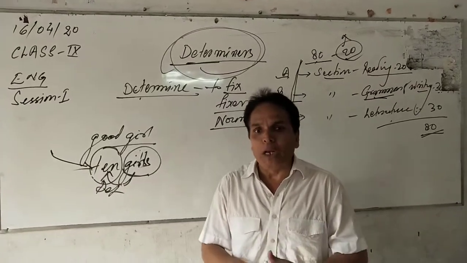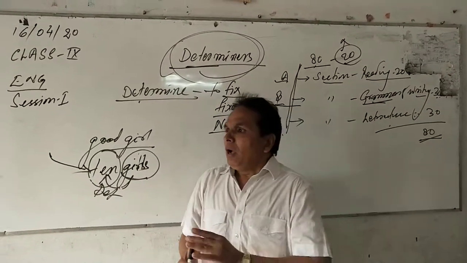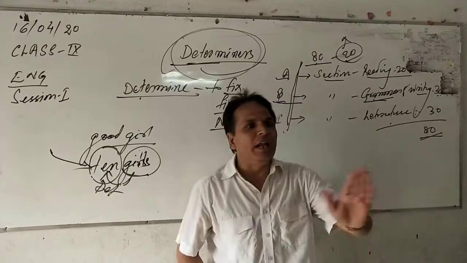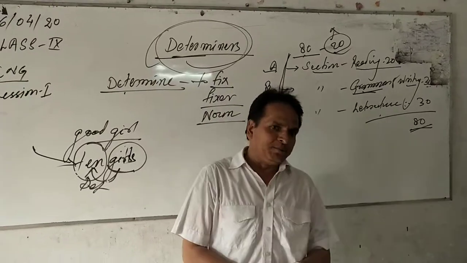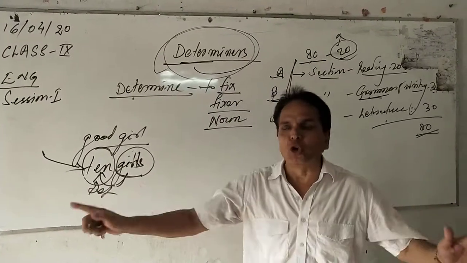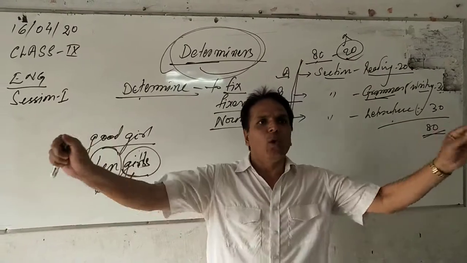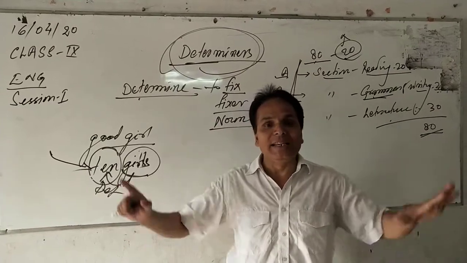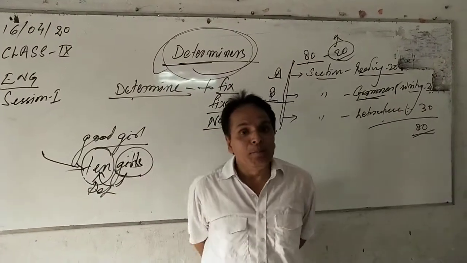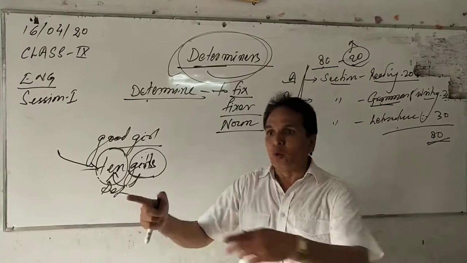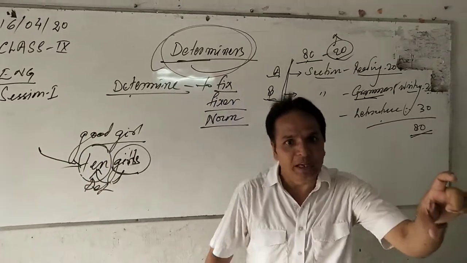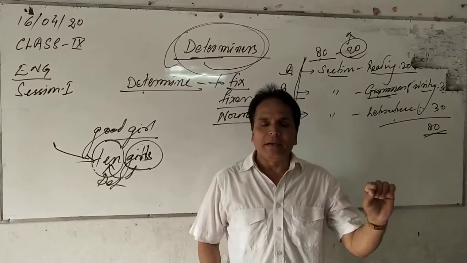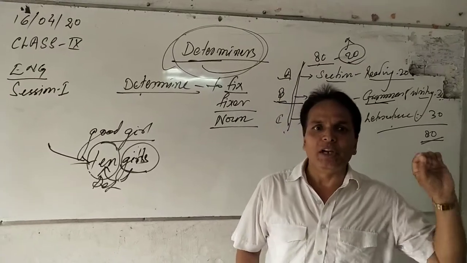There is a difference between qualifying the noun and fixing the noun. An adjective qualifies the noun, and when it qualifies, it doesn't give any level. If I say a smart boy, how smart that boy is we cannot say. We can only say a smart boy, a smart man. But how smart that man is, we don't have any scale to measure. But we say many students. Of course, the number of students is expected. So a determiner has a scale to measure, but an adjective doesn't have such a method to determine.